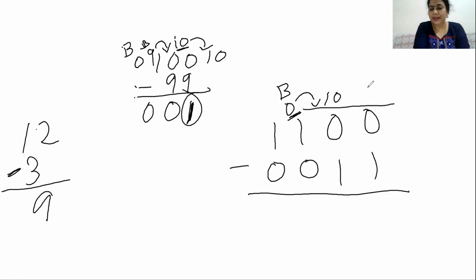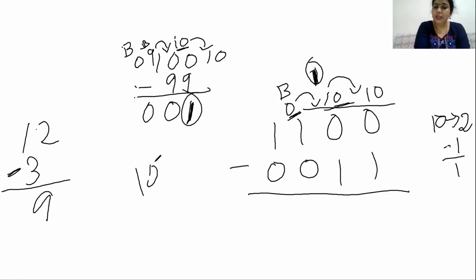Now here what happened, this is 10, which is nothing but 2 in decimal. Okay, now this 2 will give 1 to it, so it becomes 10 and this becomes 1. How does it become 1? From 2, if we give 1 to carry to the other column, then 2 minus 1 will be 1. Just like your 10, if you give 1 to it, it becomes 10 and it becomes 9. Same way it is 2, and 1 is given.